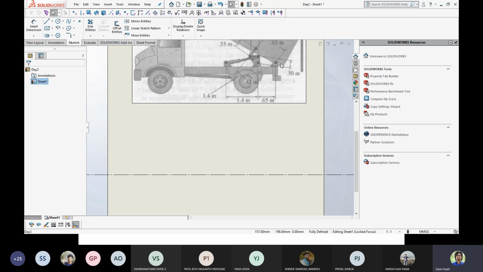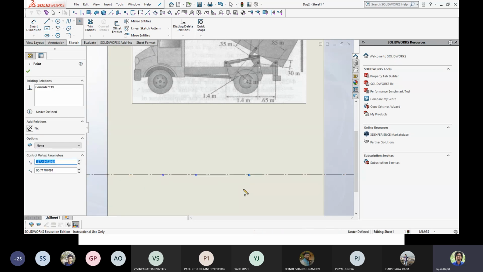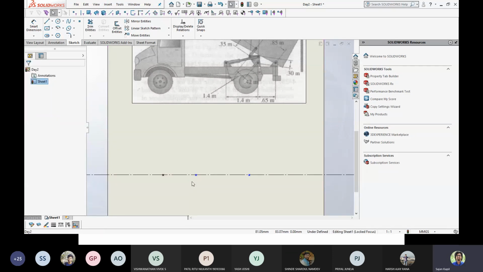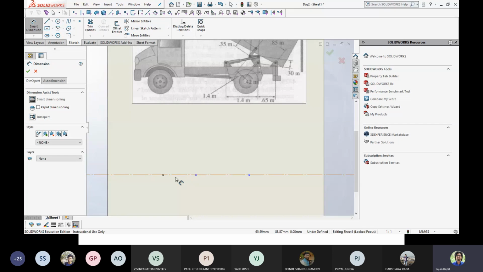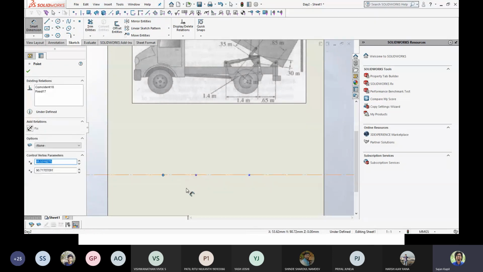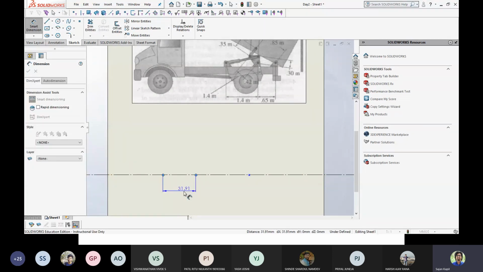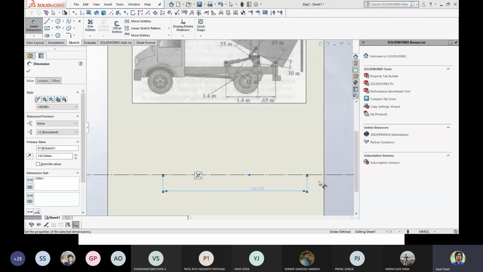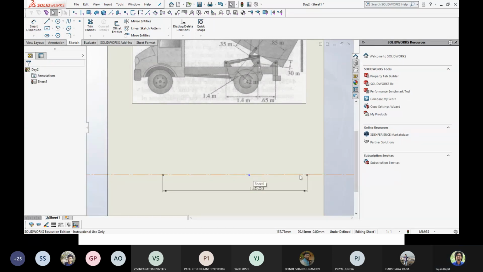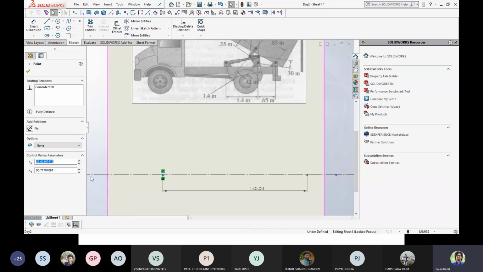Fine. So there are 3 points attached with the ground first of all. So I'll just make 3 points, 1, 2, and 3. One of them I'll say is fixed. It won't move. Then the others are relative to this. And the distance between these 2 points is given to you. That is 140 mm. Okay, it's going actually too far as per the A4 size. Okay, let it be. What I'll do, I'll just move this point a little bit.